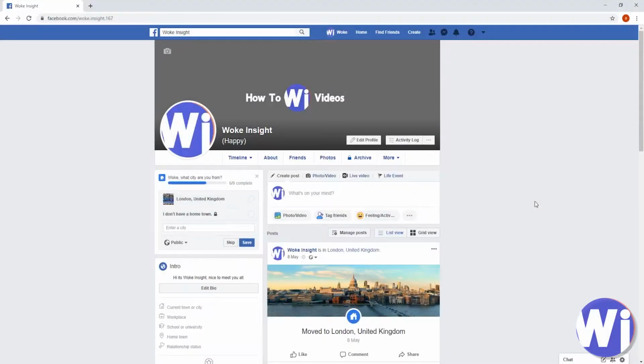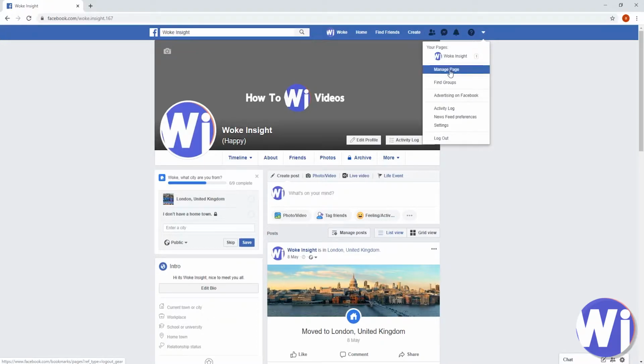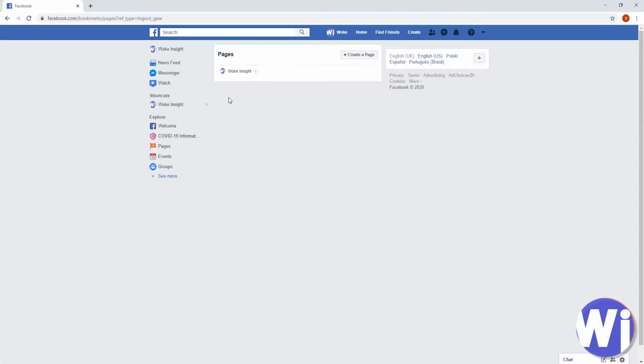How to delete your Facebook page. So from your main account, if you just navigate yourself down to the drop down arrow and go down to manage page, the next window, click on that page. You may have more than one page, but if you just click on the page that you want to delete,